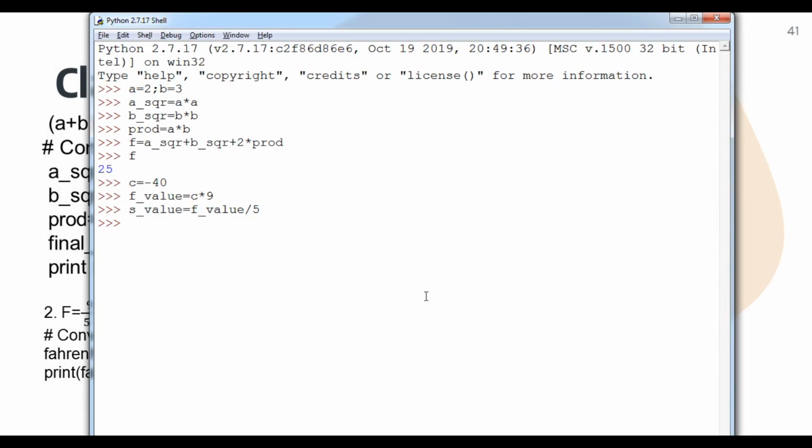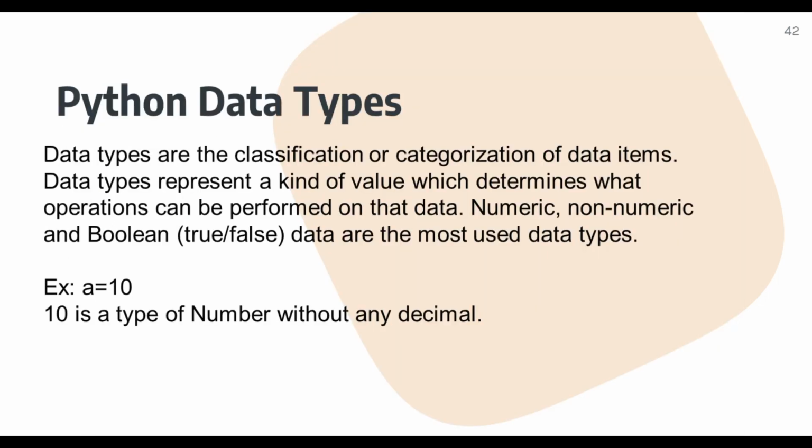So in this case the final value, again f, equals the second value plus 32. Let's see what the output will be. Here it is minus 40. So we have learned how to break down a complex expression into simpler expressions in the Python programming language. Now we are going to understand Python data types.